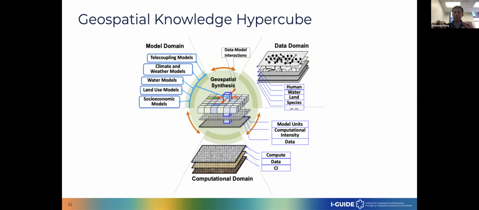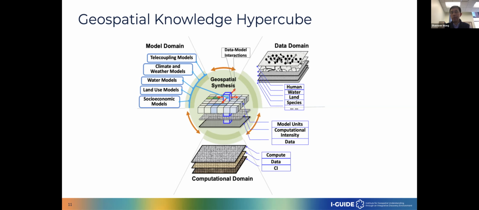This is sort of the left and right top of this figure, and translate that into multi-scale representations, what we term as geospatial synthesis. And how do we also get this transformed into computational terms, and how do we combine them in a coherent and scientifically rigorous way through computational logic